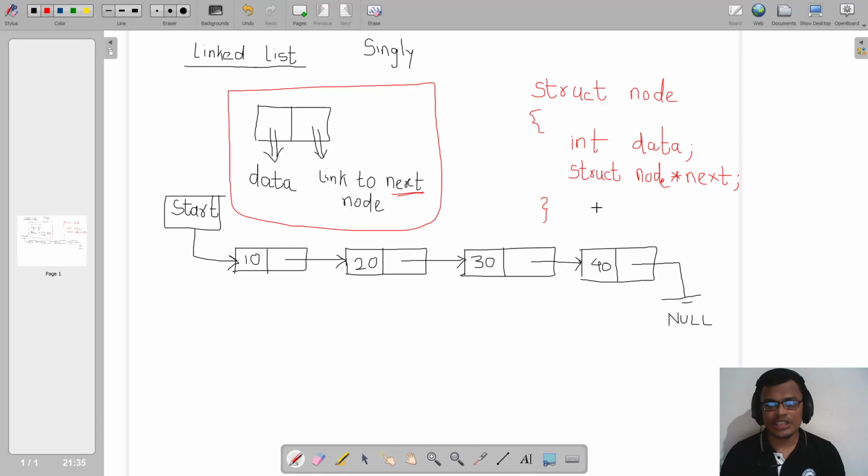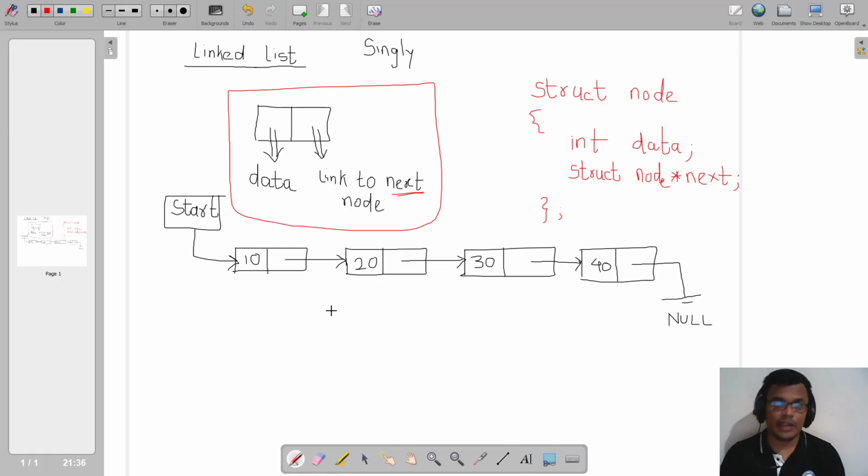Okay, now we can typedef this struct node to some other notation, so that in the program we can avoid writing struct node every time, because we are going to see a lot of operations using this single linked list, right? Writing struct node every time will become difficult, so we can typedef it to some smaller notation, and we can go for creating the first external reference pointer using this.